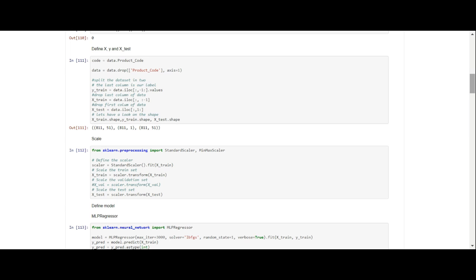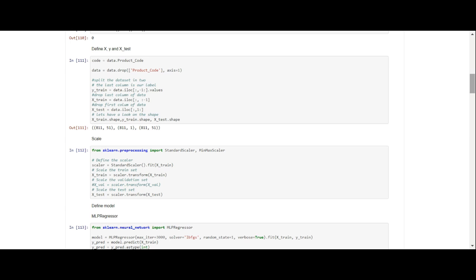And the next test is going to be iloc, and what we're going to do is not take the first column, but take all of the other columns. So X-train will have 52 columns, and X-test will have 52 columns, or 51 columns really. And then we check the shape of that. So X-train is 51 columns, Y-train has 1 column, and X-test has 51 columns, because X-train and X-test have to